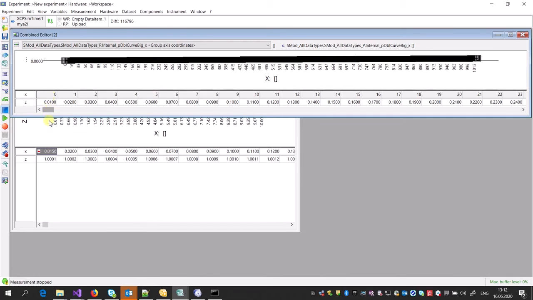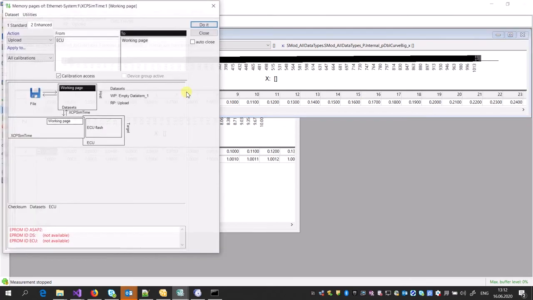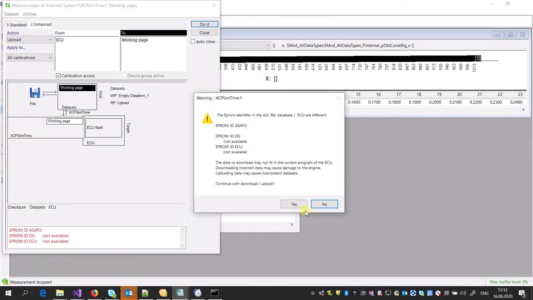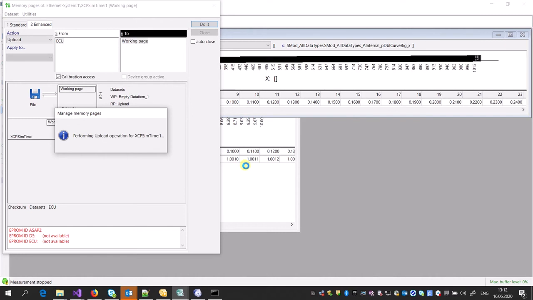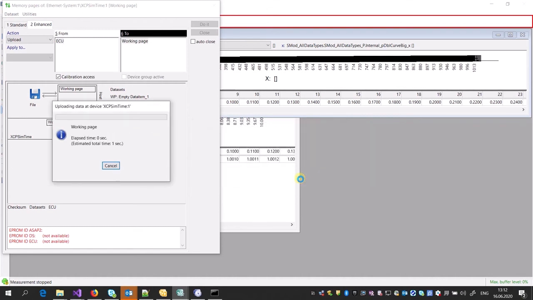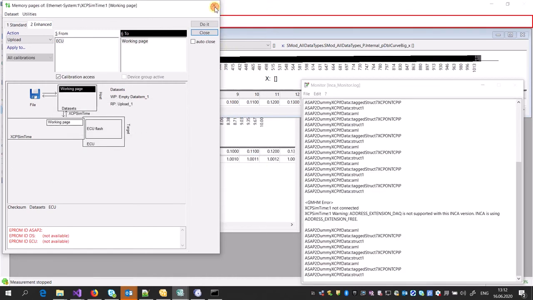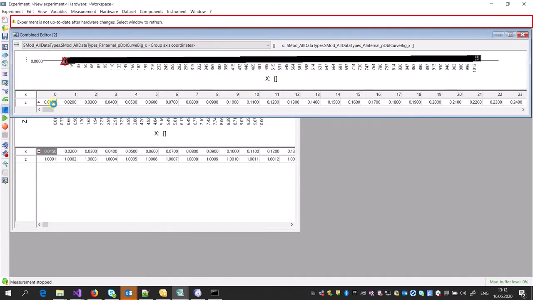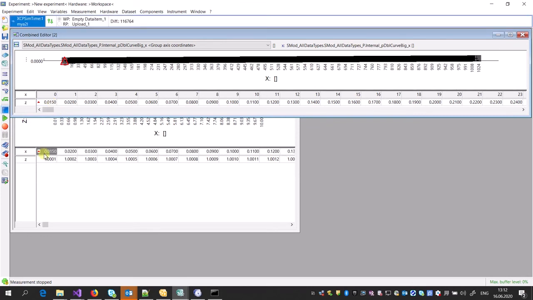How can I be sure this is right to the system? I can upload the data again, because as I told you, calibration works in just one way. It doesn't update from the simulation. Just the UI is updated from the Inca part, and you can see it's updated. So I just wanted to show that that wasn't a bug.